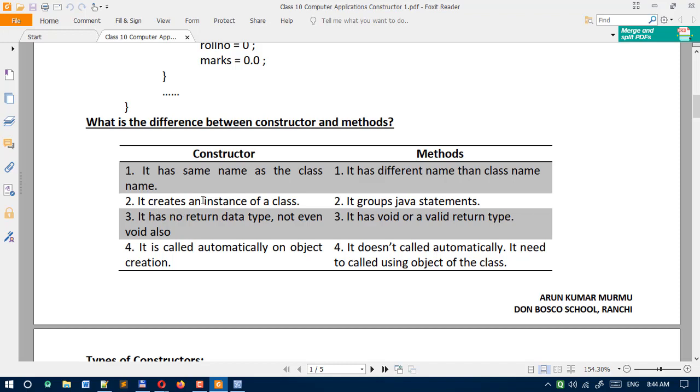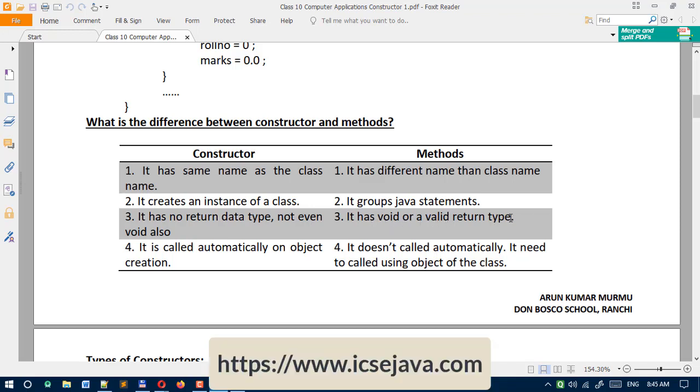Second difference, a constructor creates an instance of a class, whereas a method groups Java statements. Third point, a constructor has no return data type, not even void. Methods have void or a valid return data type.